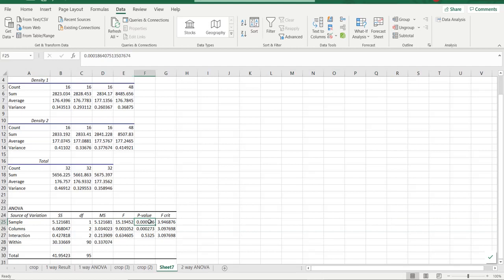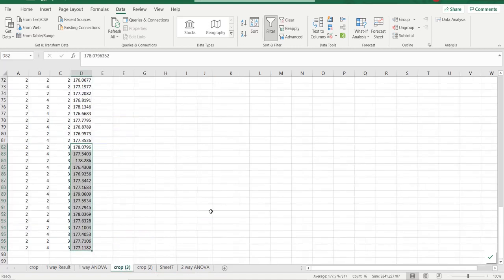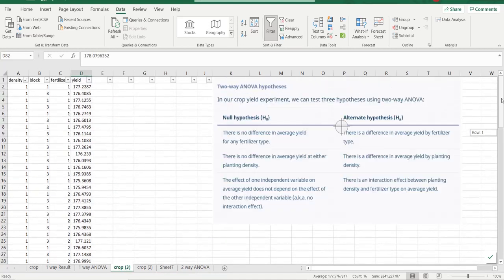You can see the p-value for density is 0.000186, which is less than 0.05. So we can reject the second null hypothesis and accept the alternate hypothesis, which implies that there is a difference in the average yield by planting density.